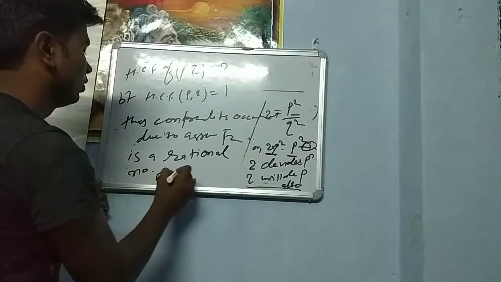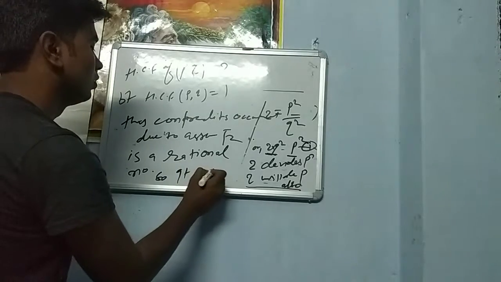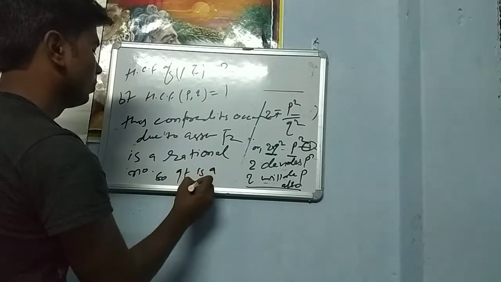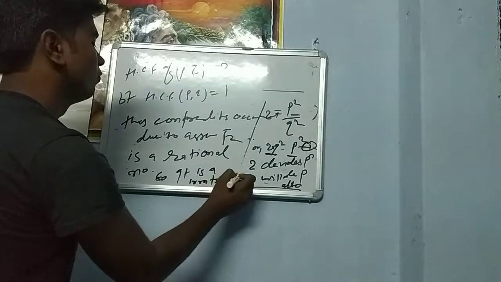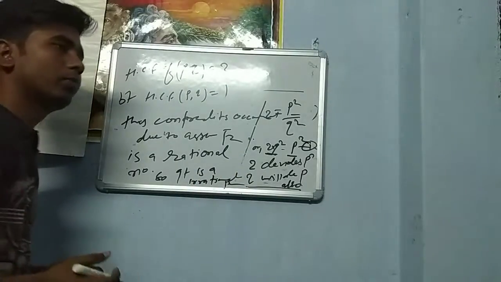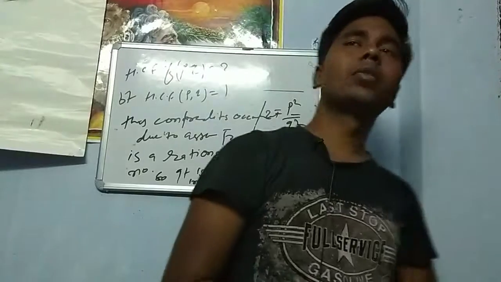So it is an irrational number. Proved. So this is how we can prove all the irrational numbers related to